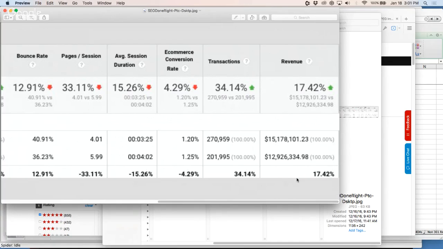If I can get somebody to my site who's more qualified as a potential customer, and if I can have them spend less time trying to find what they're looking for because I've cleaned up the navigation insanity or the organizational insanity, I'm going to have negative numbers in some cases because I'm reducing bottlenecks or resistance points to a conversion. As long as the numbers for transactions or revenue are up, then nothing else is relevant. It's all shiny objects that are not relevant. Does that make sense?